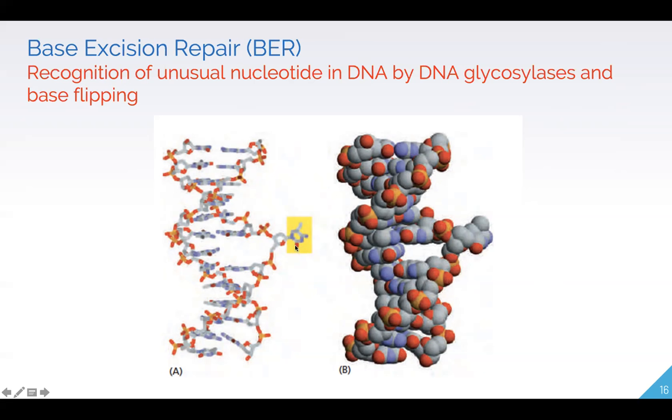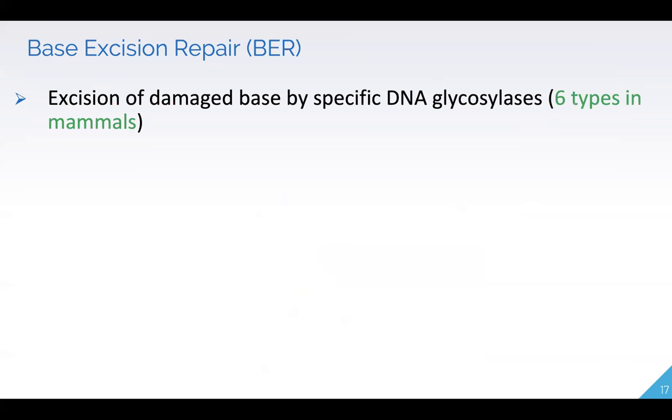And when they do recognize this damage, then they stop and do their job. All right, so this is an ongoing reaction that's happening in the cell all the time. The enzyme is not active until it recognizes one of those lesions. Its function is to excise damaged bases through their specific activity, and their activity is a glycosylation reaction,